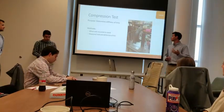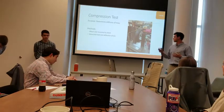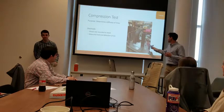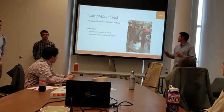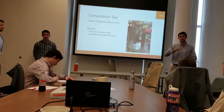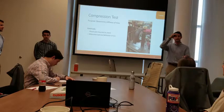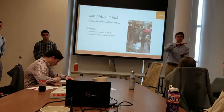Moving on, we did the compression test, which is the stiffness of just the tire. To do this, we took this rig that Ryan also made from some scrap metal laying around and placed it in the compression table and programmed it to do a certain vertical displacement. Now, instead of just taking the tire and placing it in the compression table and having it just come straight down while it's sitting on the ground,